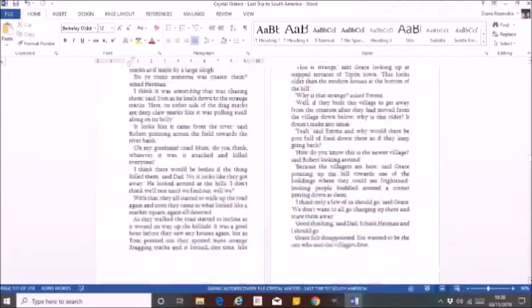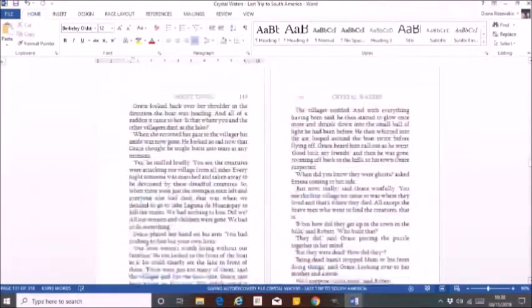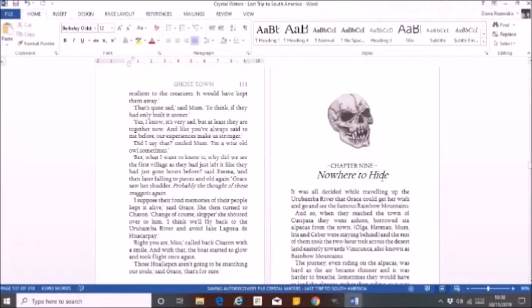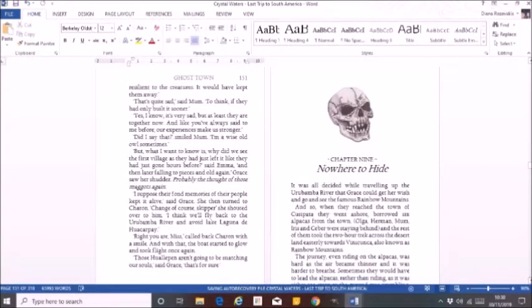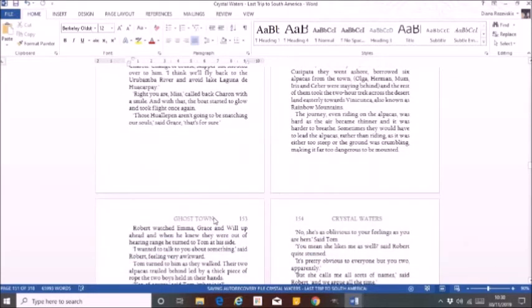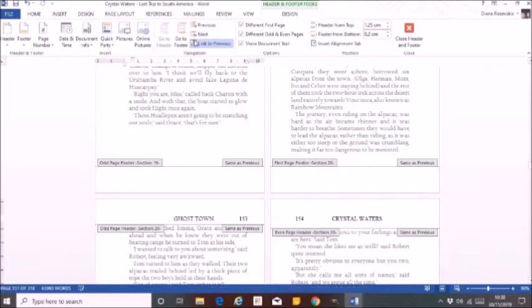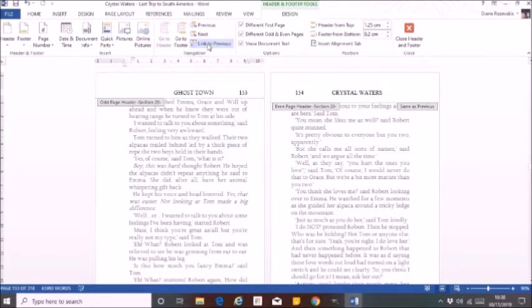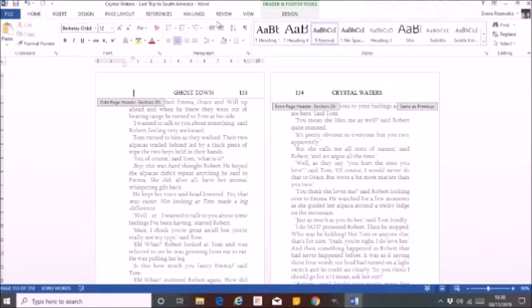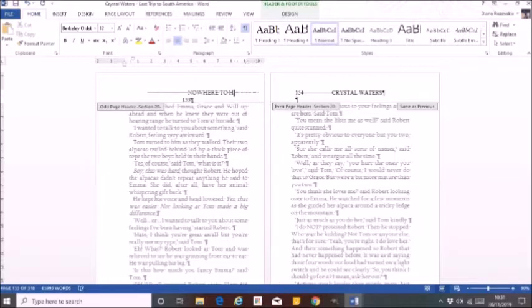We scroll down quickly to the next chapter, and the next chapter is called Nowhere to Hide. So we want to change that. Right click on the header, press the link to previous to unlink it, and we press the spaces so that we can have a look to see how central it is. Type out your new paragraph title, and then when I just delete, you can see all the dots indicate how many spaces there are, and